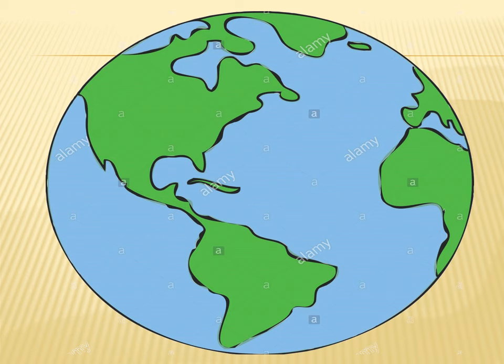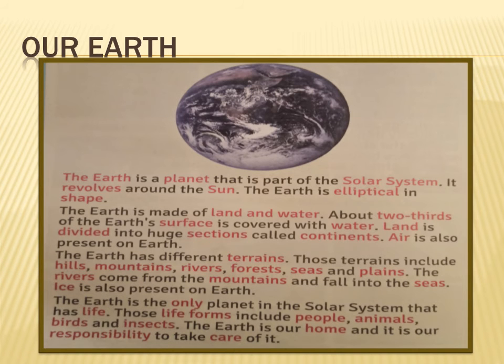There are so many land features on earth, for example mountains, plains, plateaus, glaciers. You have seen all these when you go for some hill station areas, okay, or you will go in plain areas. You can see the rivers, you can also see the waterfalls, okay. All these are physical features which are present on earth's surface. Now let's start our reading session. Open your page number 47 of your book.